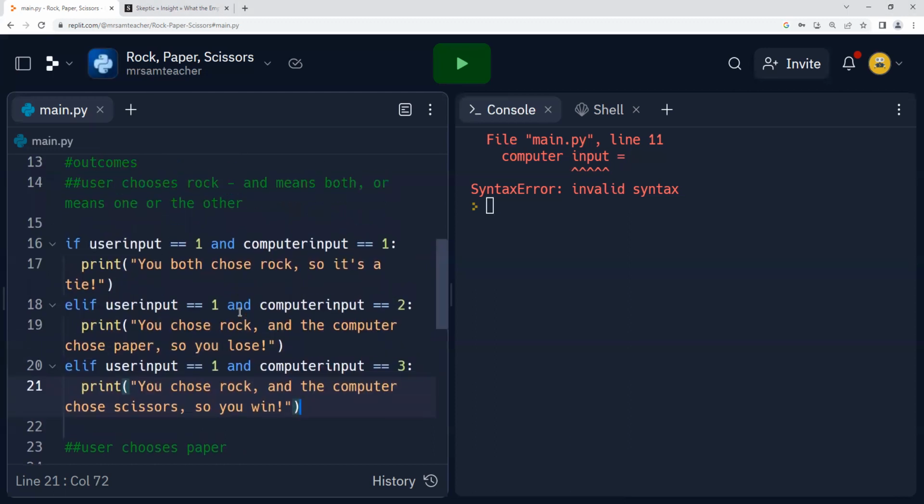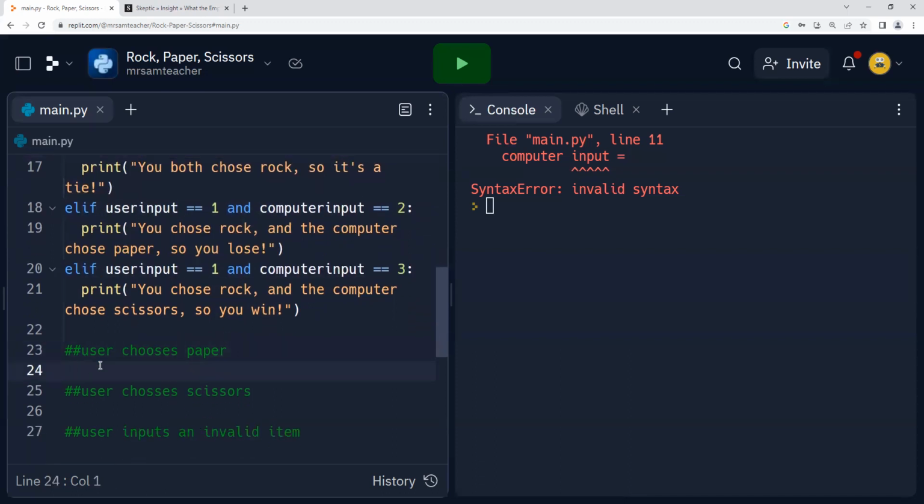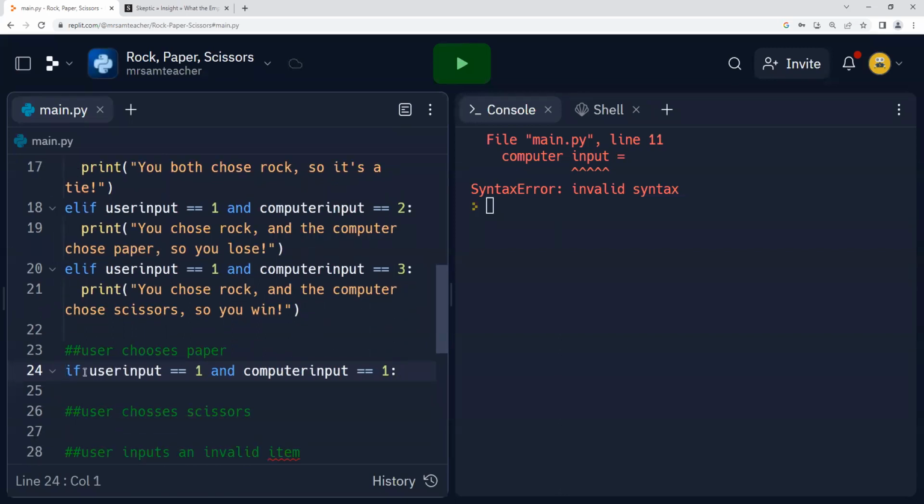All right, so it seems as though we're done with just this user chooses rock section. Now you're like, well, do I have to write every single one of that? You can, but if you want to make things a little faster, remember, you could just copy and paste code. So for instance, I'm going to copy this first line, and I'm going to put it under paper. Now we already started with an if, so the next one we're going to add is just elif, right? And user already chose one above, so now these next three statements are going to be if they chose two, and the computer chose one.